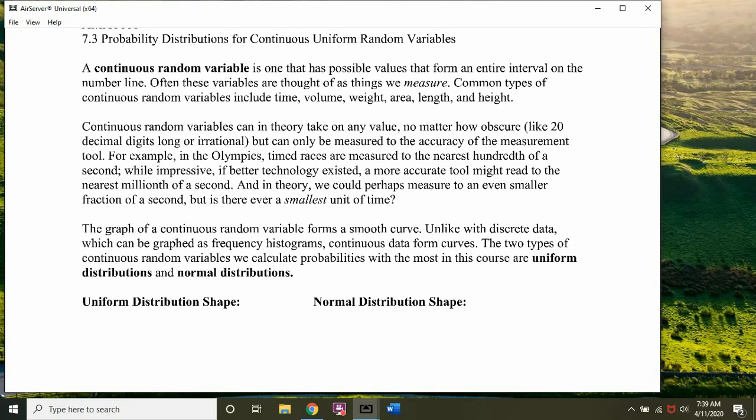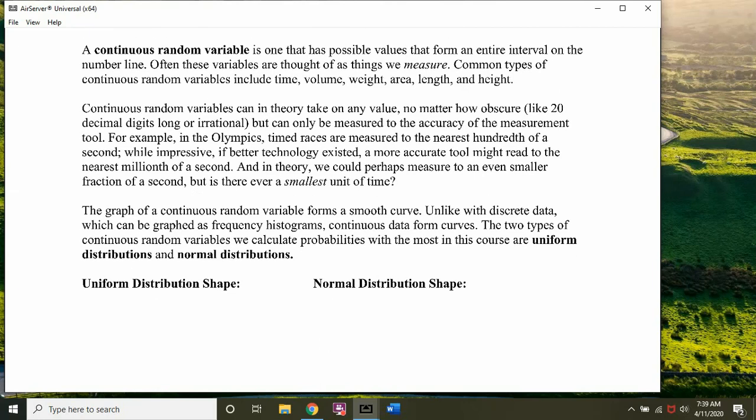Okay, what does that have to do with the graphs of these things? Well, the graph of a continuous random variable forms a smooth curve. Unlike with discrete data, which can be graphed as histograms, continuous data tends to form curves. It's continuous. It's not blocky. It's smooth. Okay, a histogram might look something like this,